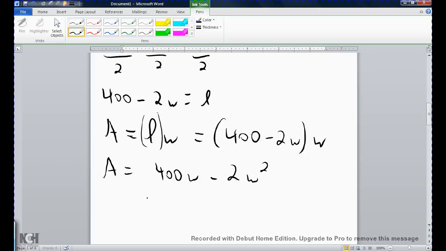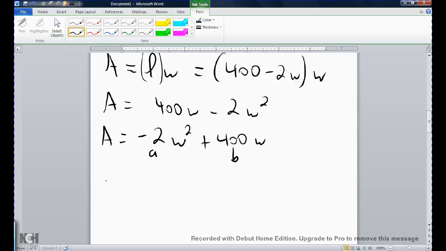Now that 2W squared helps us out a lot because that means we have a parabola, a quadratic equation, which means we can find the vertex. All I'm going to do right now is just rearrange it so we can see exactly what we're looking at in correct form. That means that negative 2 is our A and 400 is our B. And the reason why we're doing that is because, once again, we're going to find the x value of the vertex, because maximize or minimize means vertex, and all I need is the x value for this particular problem. And the formula for that is negative b over 2a,